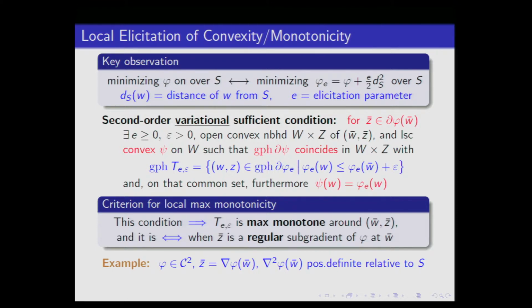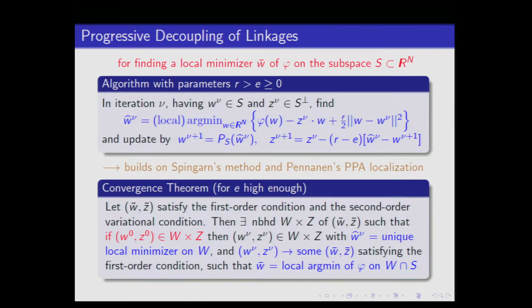So if instead I wanted phi to be convex, in effect I'd be asking that all the Hessians would be positive semi-definite at all points of the subspace. But I just need positive definiteness at one point. So there's a very definite difference, but I'm trying to convince you in this little way that this is actually a very natural condition. This is the way to express it very generally, somehow the most natural condition that would apply in this area. Okay, now here would be the algorithm in this case.